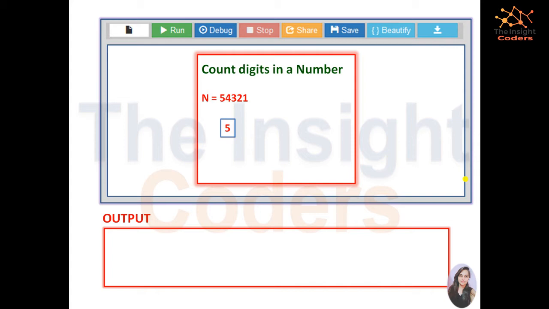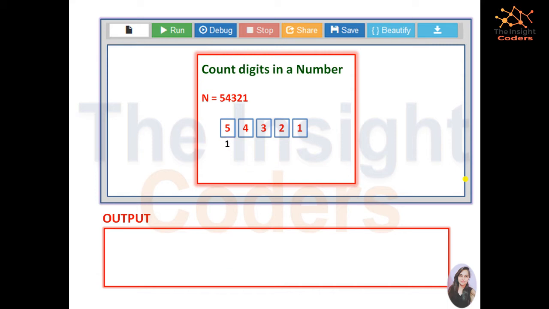So first digit was 5, that means the counter is 1, that we have got the first digit. The second digit is 4, the third digit is 3, the fourth digit is 2 and the fifth digit is 1. But what we have to do in this case when we have to make a general program? While we were counting the digits, we use a variable, that is a counter, which is incremented every time we take a new digit.